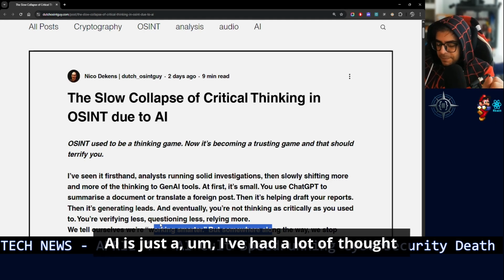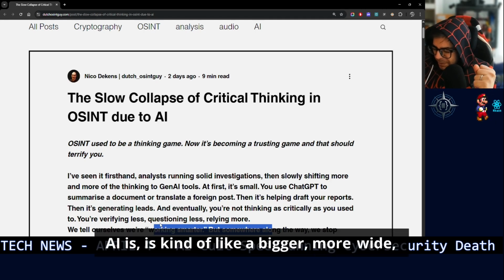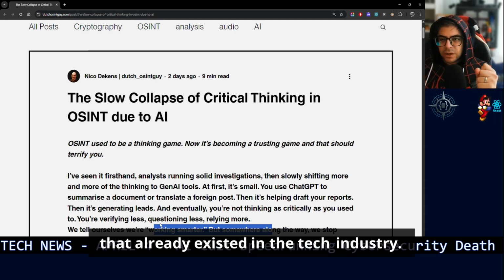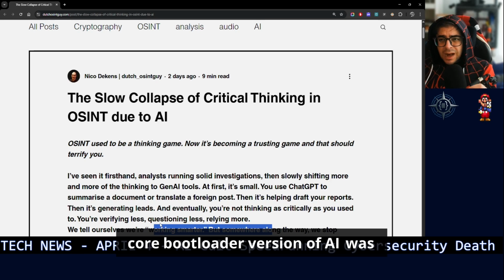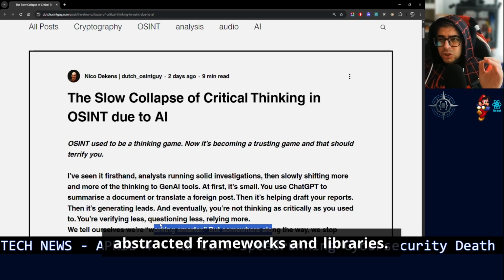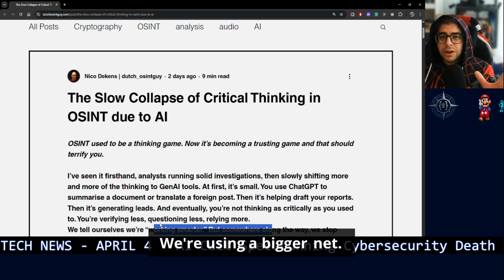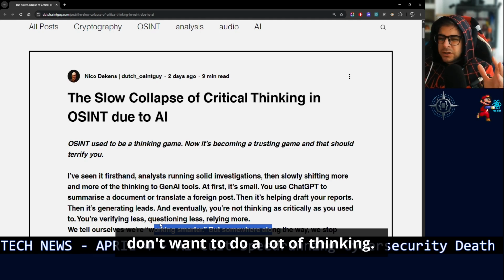I've had a lot of thought about this. AI is kind of like a bigger, more wide-encompassing aspect of something that already existed in the tech industry. Before AI, the softcore bootloader version of AI was autocomplete, abstracted frameworks, and libraries. It's just the same principle, but in a bigger net. If you can imagine people thinking, I don't want to do a lot of thinking.